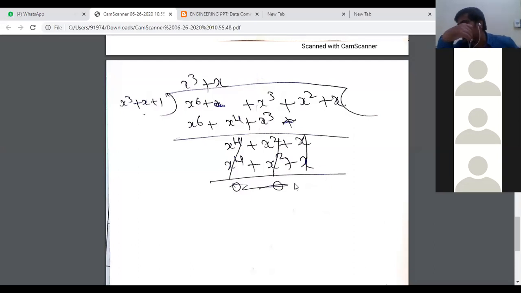Then in tomorrow's class, we will take cellular telephony, which has been requested by the students again. So that fifth module's last topic, it is cellular telephony. That topic I will discuss in the next revision class of the DC. So again, if you have any other topic, anytime you can text me. That topic also we will take as and when it comes to the classes. I hope today's class is clear. We will continue with the next class. Yes or no? Yes, sir. Okay. Thank you.